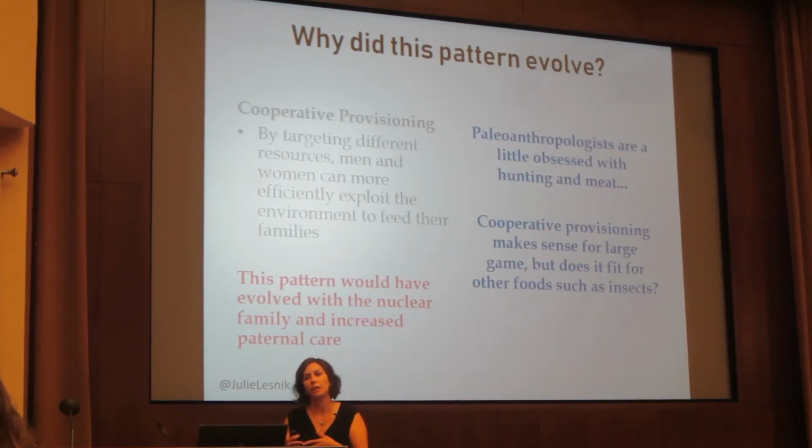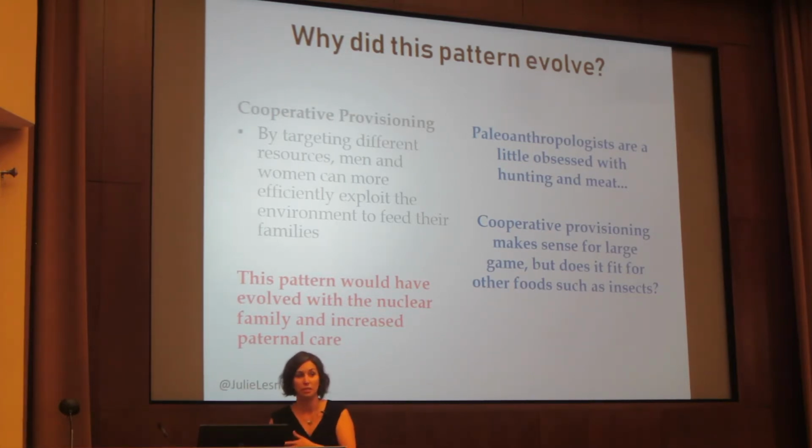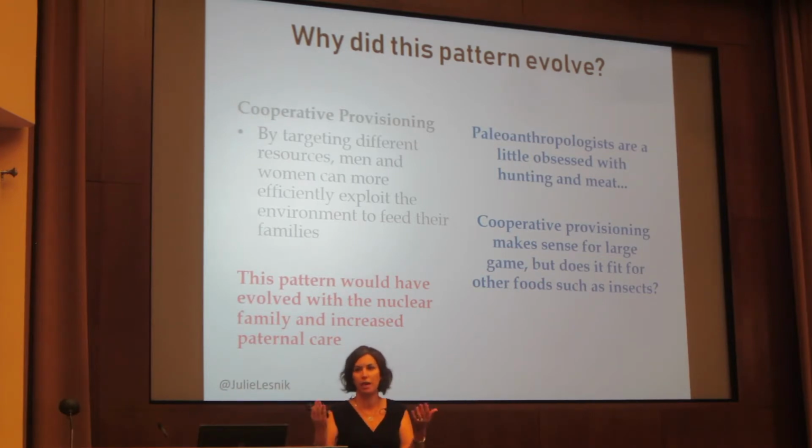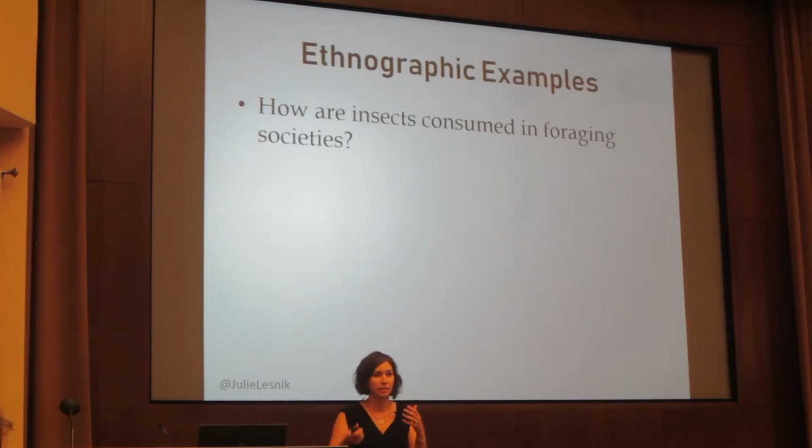But when you talk to paleoanthropologists, they tend to focus on cooperative provisioning because we're so focused on meat. We look at these foraging societies, we look at how men bring the meat in, and then we're like, oh, cooperative provisioning, that explains all of the diet of human evolution. Not necessarily. Depending on the food resource and the population, a lot of different variables, cooperative provisioning isn't always the best answer. So I wanted to test it